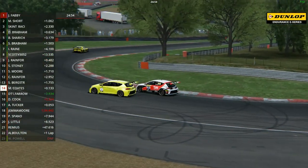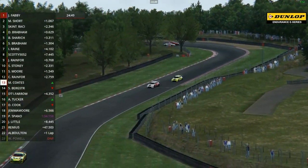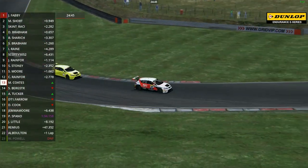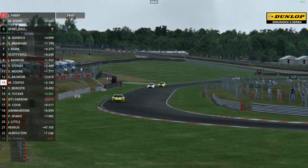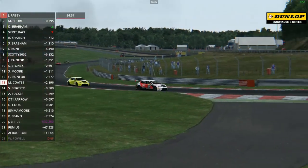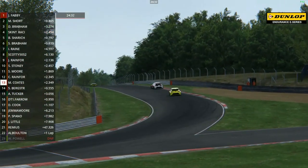He's now going up the inside at Druids. A bit of contact, he's got the inside line. Shields Bergstrom in the yellow Seat sent out wide, and they switch positions. So a forceful move that, but Max Coates is through, and now will home his target sights on the Ginetta ahead of the recovering Charles Rainford. So Rainford, the 22-year-old, has got some work to do here if he wants to get his 4th consecutive class